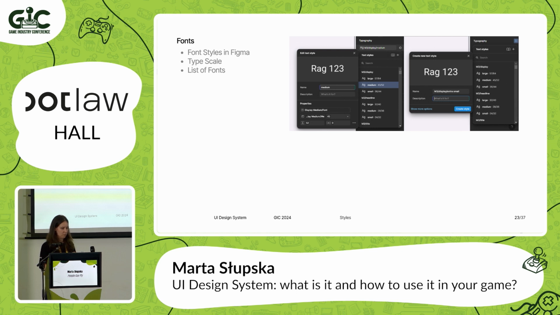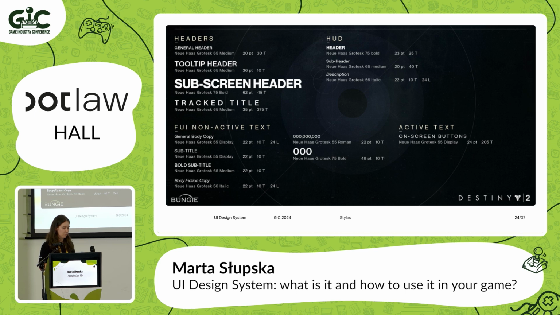While designing your fonts and deciding on the size specifically, it's very good to use something called a type scale. This is the proportion that helps you establish the best difference in sizes for the fonts, so their visual hierarchy is good, and they are proportional and look better. It's also very good to keep the list of your fonts. This is an example from Destiny, but you can also keep it very clear, not so fancy.